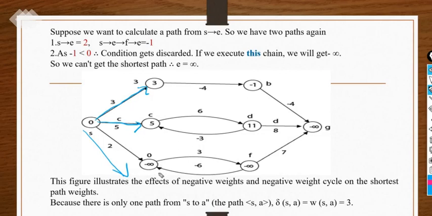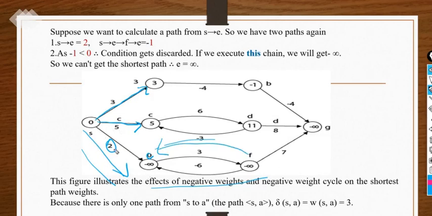Why is it so? Because if we have not seen anything, it's assumed as infinity. S to E, we have 2 as an edge weight. That is one path. Another path: S to E, E to F, then F to E again. So directly 2 is there.